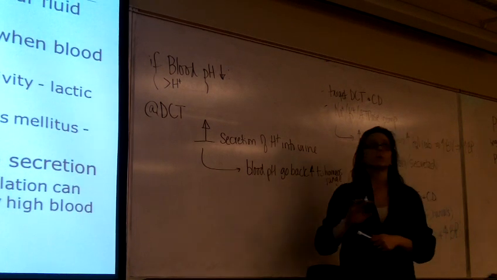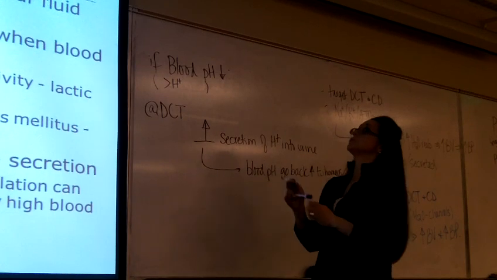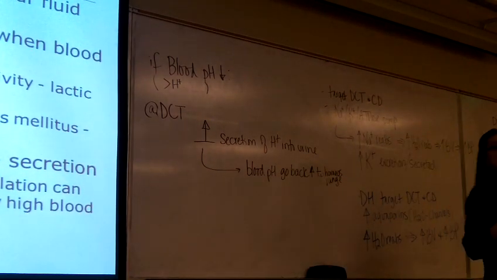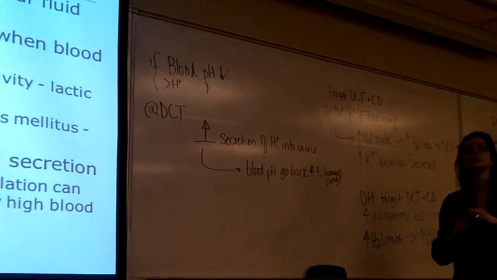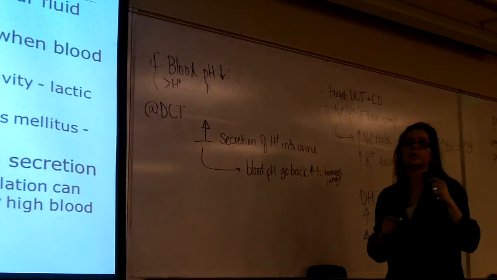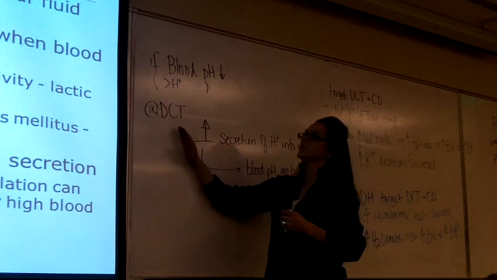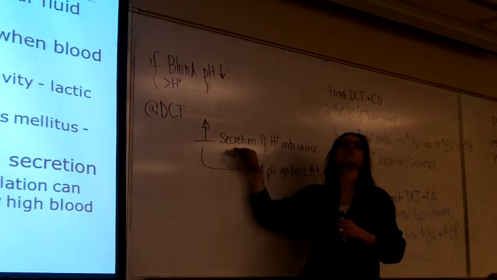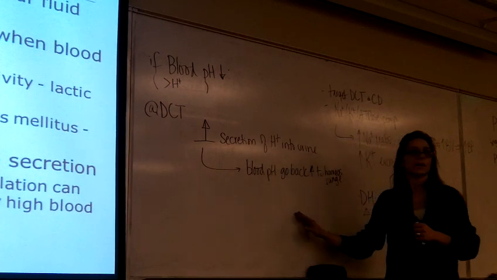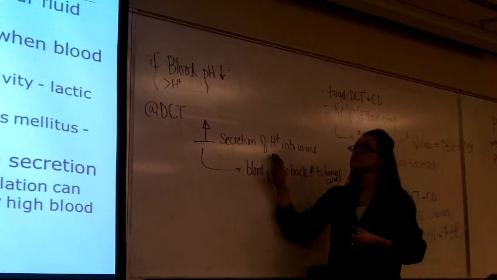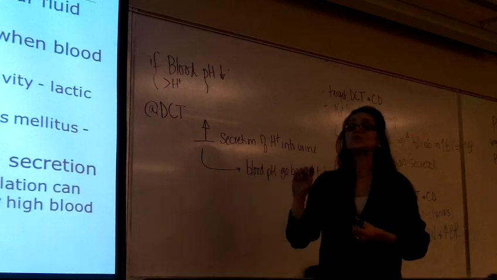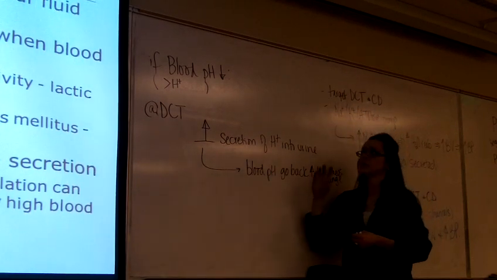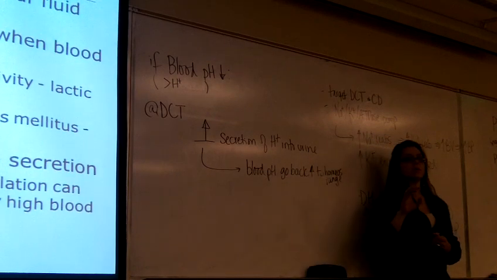That should be intuitive. If the opposite were true, if your blood pH started to become too high, then that means your blood has too few hydrogen ions. And so at the DCT, you're going to decrease secretion of hydrogen ions. Okay? So hydrogen ions are always being secreted at the DCT. It's a matter of, are you going to increase or decrease how